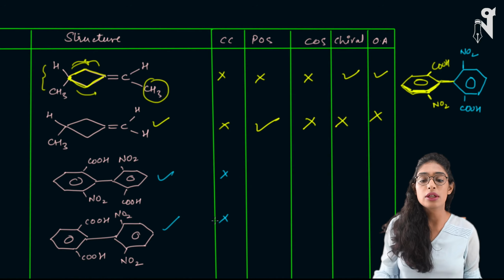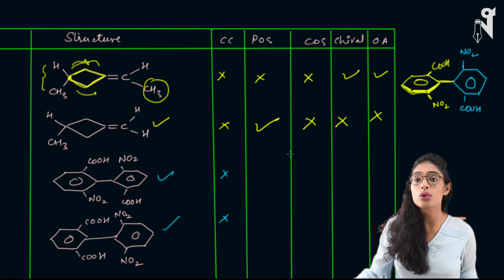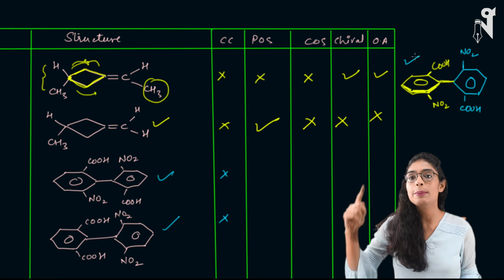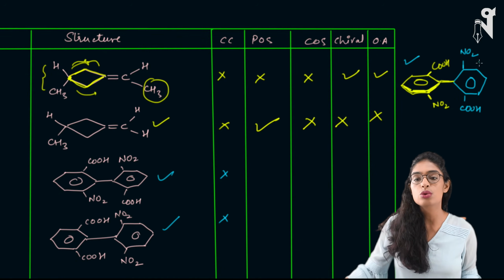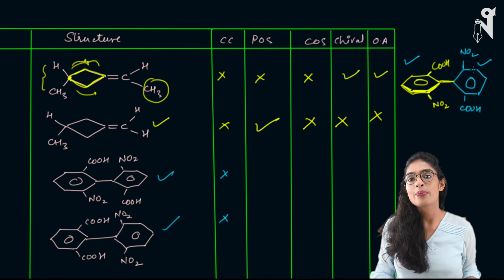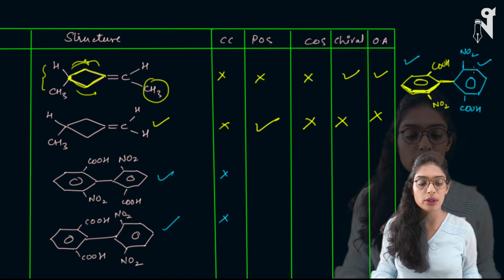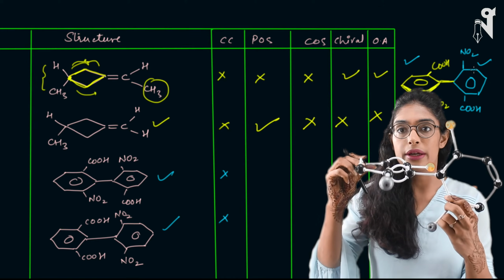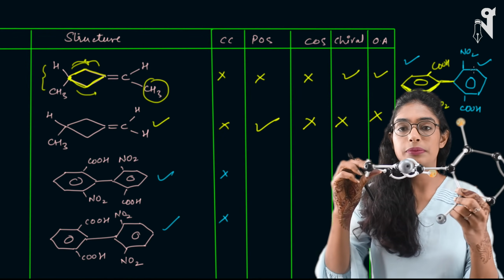For that, you have to understand that when you're talking about two benzenes connected to each other, one will be in one plane and the other will be in the perpendicular plane. So these are two benzene rings connected to each other in the perpendicular plane with respect to each other. So how will it exactly look? This is how exactly it will look. I hope you guys can see this.